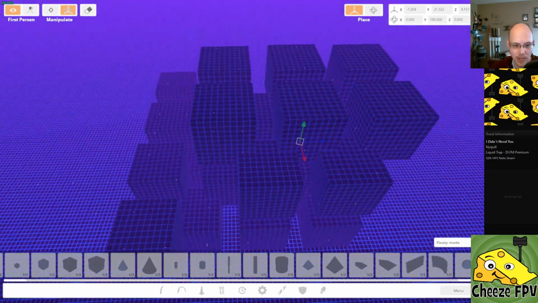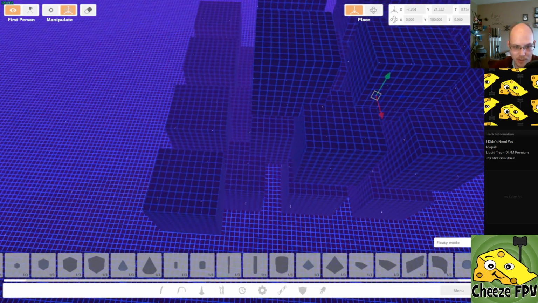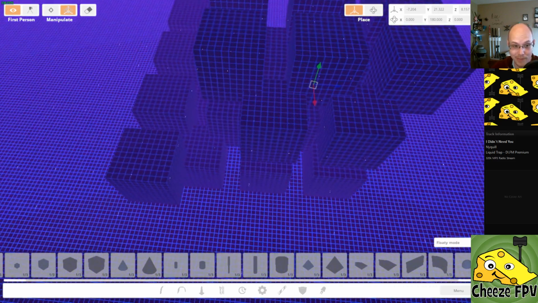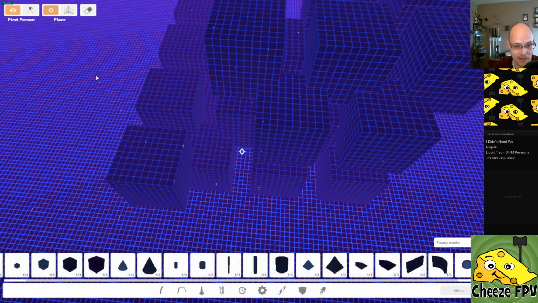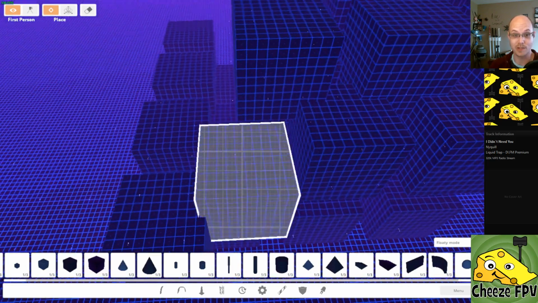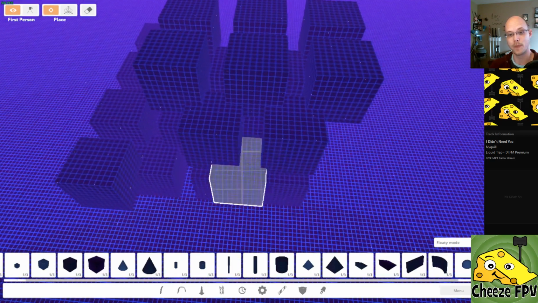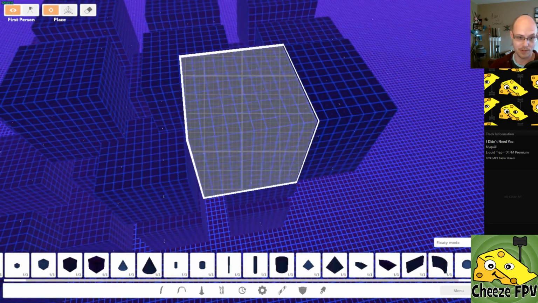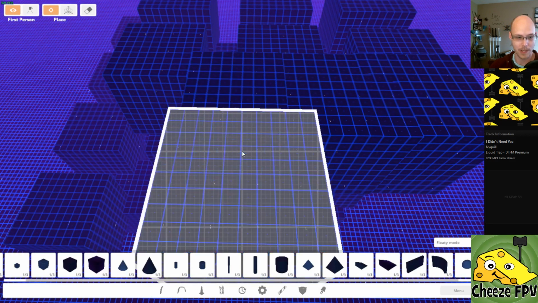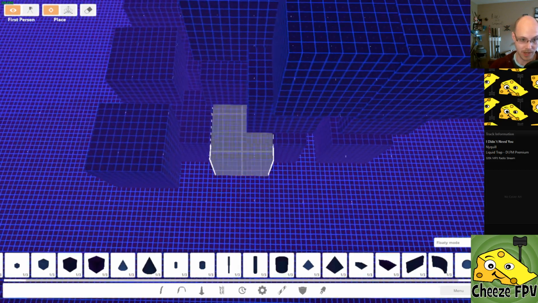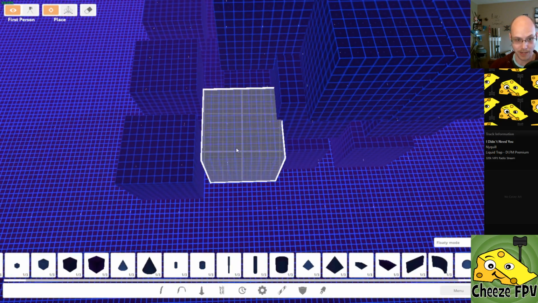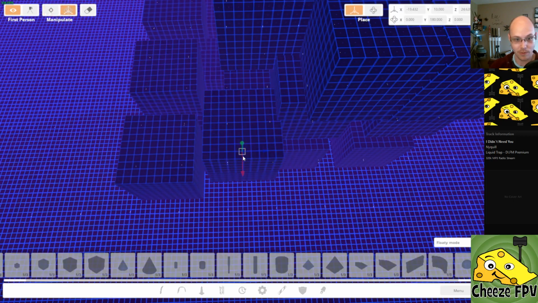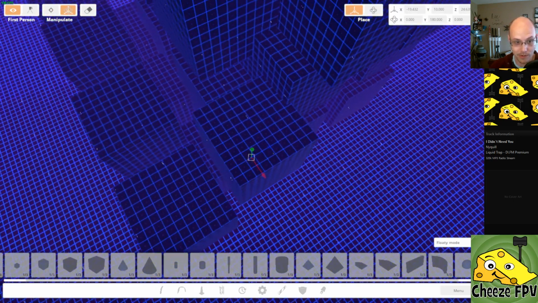See, in order to get a good sense of what this is going to be like, I have to kind of expansively build this out. I just can't, even this as it is, it's not good enough to get a good sense of what this is going to be like. So let's add another layer here on the outside edge. And then I'm going to fill in that gap right there. So while I'm thinking about it,